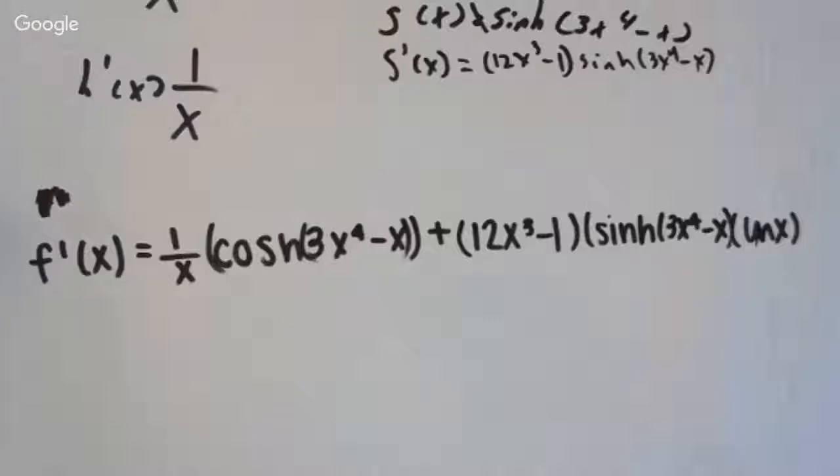Can you replace that with e to the x minus e to the negative x on both sides? You could, but is there a reason to? No, the only reason I did that was to prove what the derivative was. But if I'm asked to find the derivative of sine hyperbolic, it's cosine hyperbolic. If I'm asked to find the derivative of tangent hyperbolic, it's secant hyperbolic squared. But that was just to prove what it was. So remember when she asked why the derivative is that? I could go back to the e to the x definition and use it to find it. That's just to prove what the derivative is.